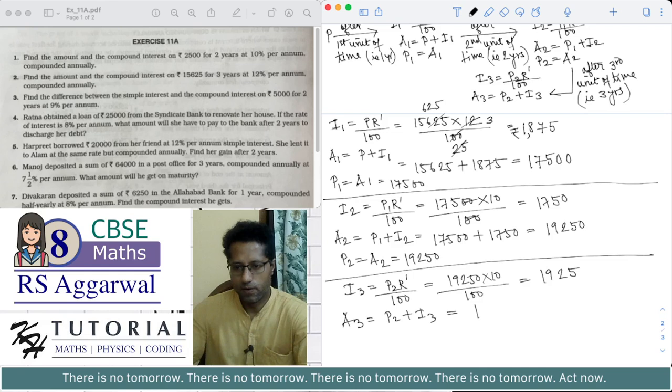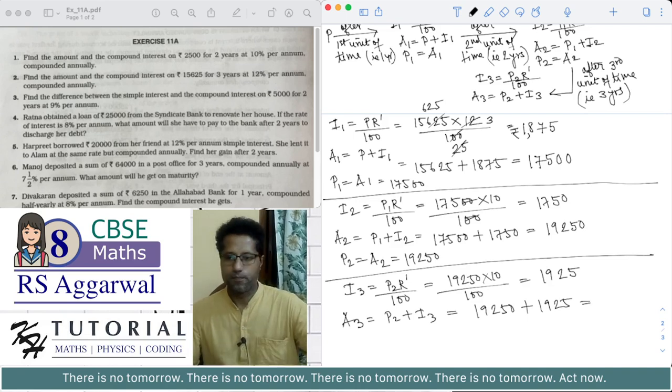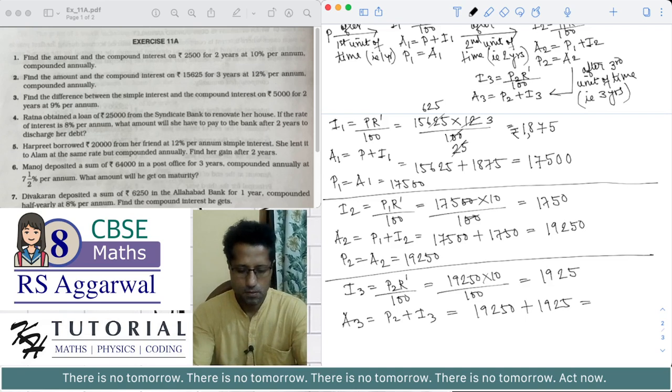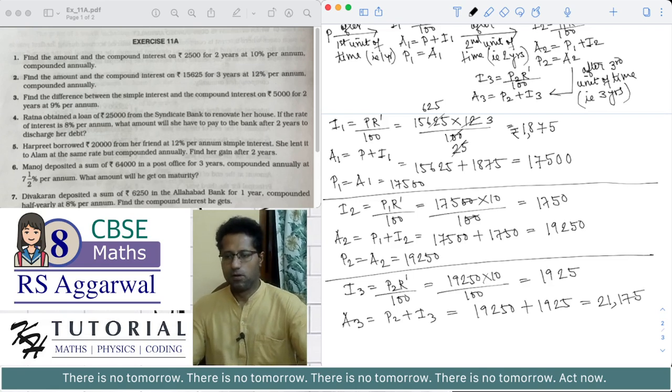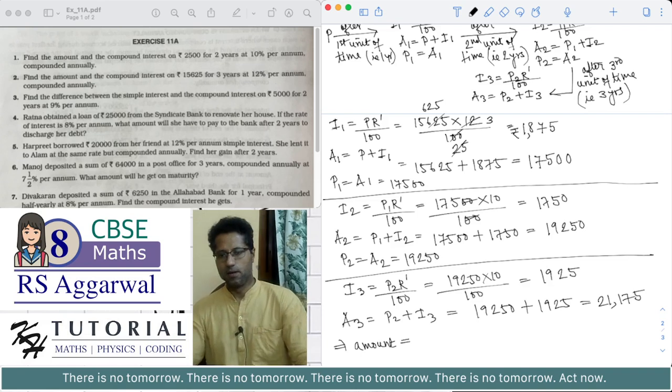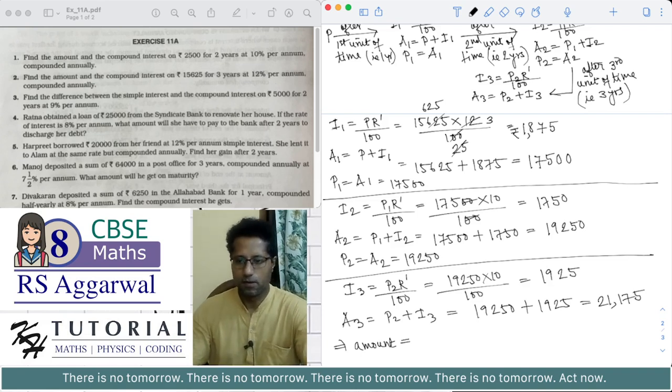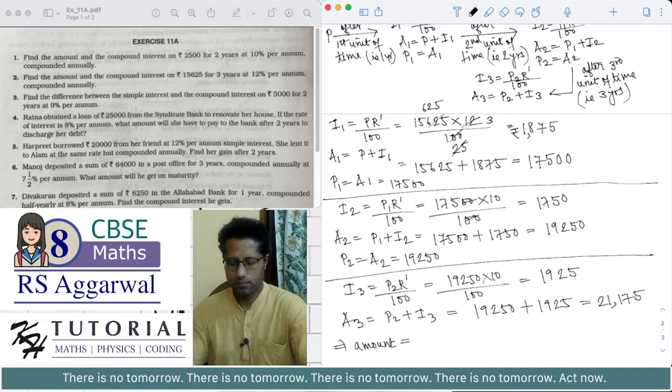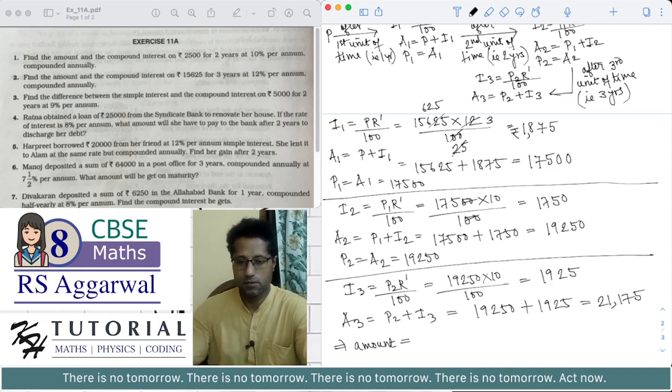This is equal to 19250 plus 1925, which is 21175. So the total amount that needs to be paid back at the end of the entire loan period, which is 3 years, is rupees